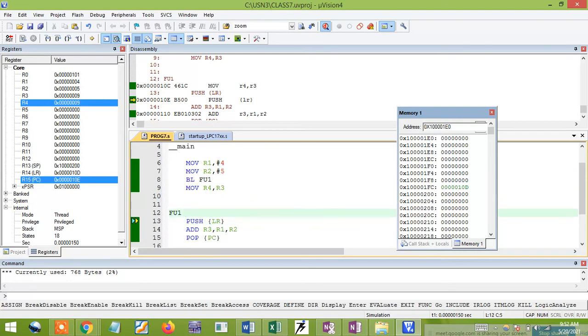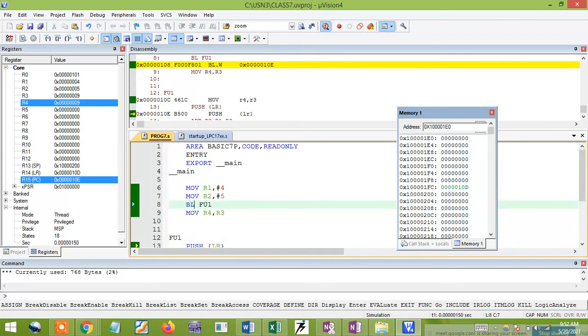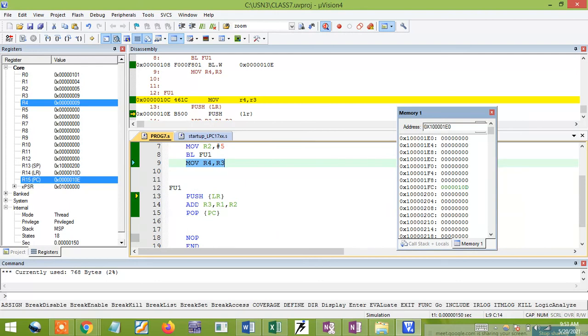In this way, remember, once the BL instruction comes into the picture, the program counter's initial value is copied to the link register, so the link register has the next executable instruction address. Next, the program counter is updated with the subroutine's first instruction address. Later all the instructions are executed. Once POP comes into the picture, the return address is copied to my program counter. Based on that it comes back to here and stores the results. Clear about this one?